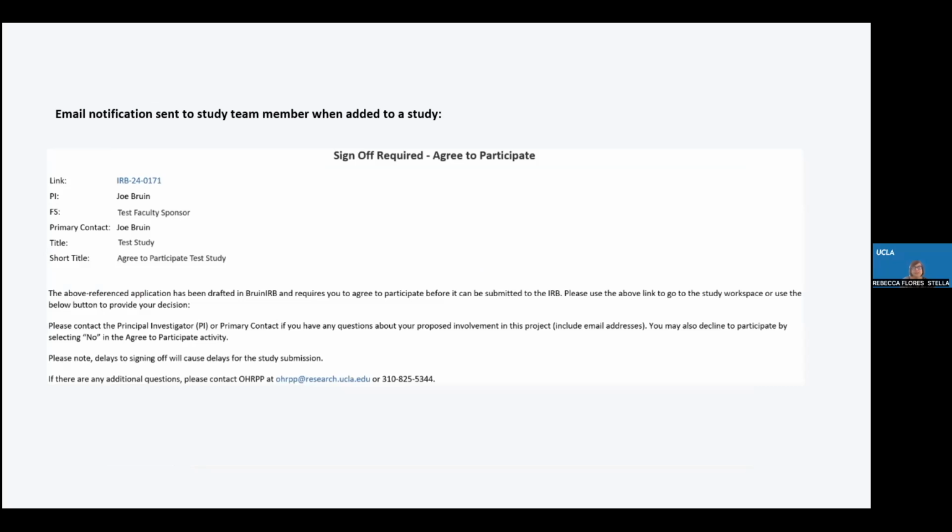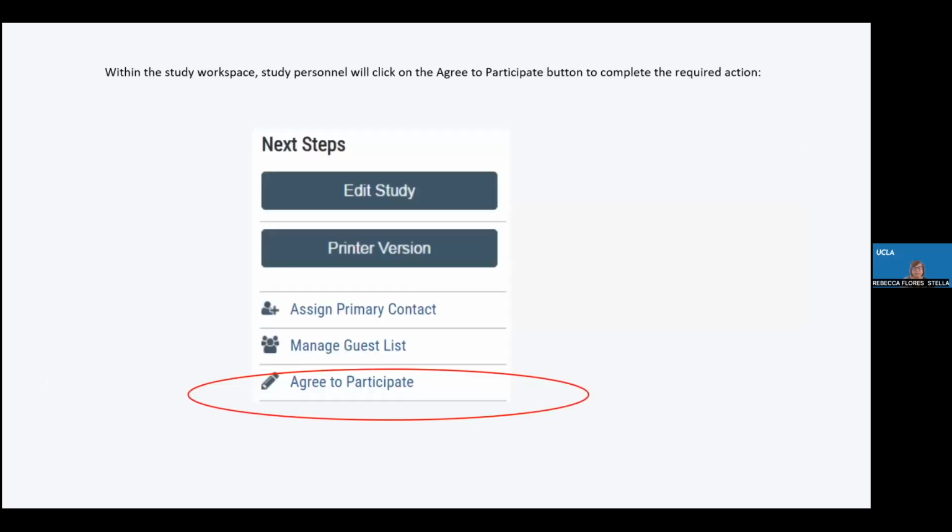If any of those individuals have not submitted an Agree to Participate for that specific study, then an email will be generated and sent out to those study team members. Study team members will continue to receive the request to complete the agree to participate function on a daily basis until they have completed the required action. So we will send a notice each day until they've completed that required agreement.